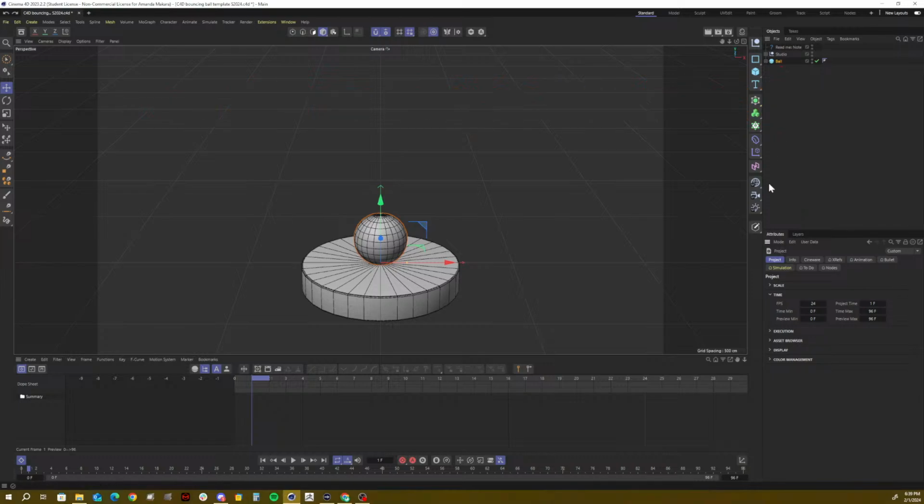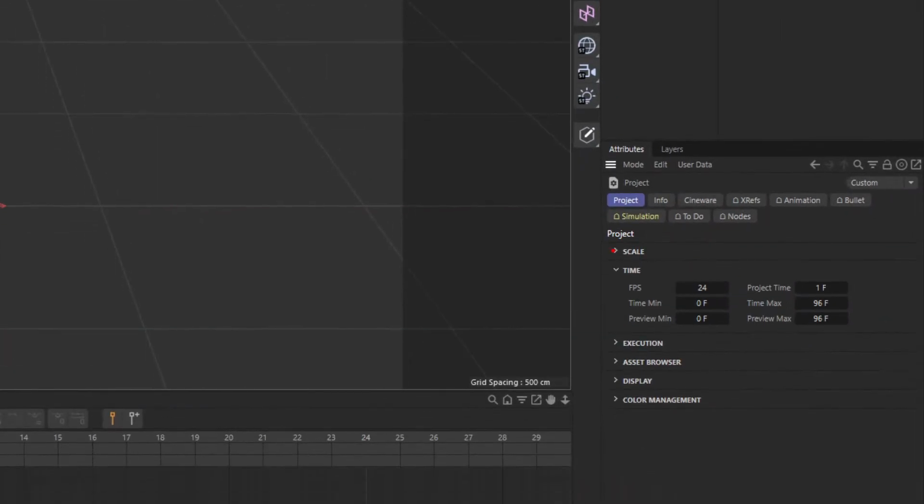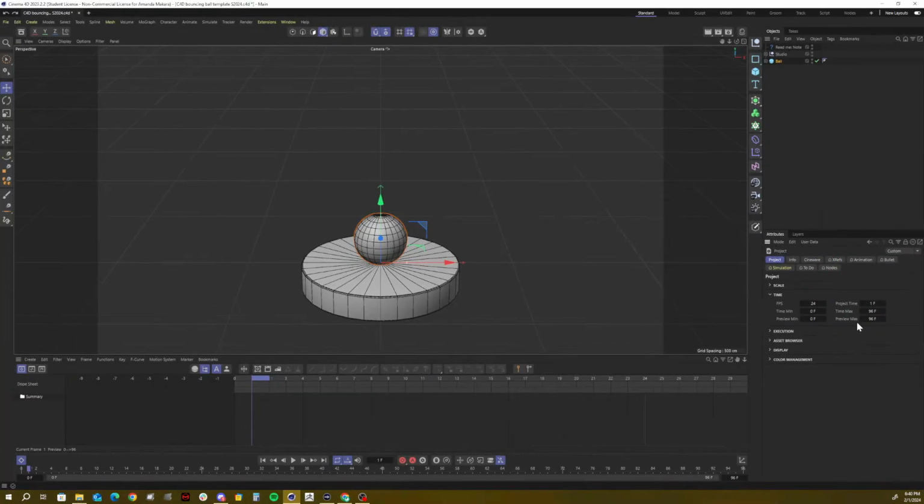Okay. And when you do that, down here in the attributes panel, you get the option to change these as needed, right? And so it looks like we're already at 24 frames a second. It's probably because the project was saved at 24 frames a second, and this was already updated for us. So you won't have to change that. But here, what we can do is update the timing, right? So the time max